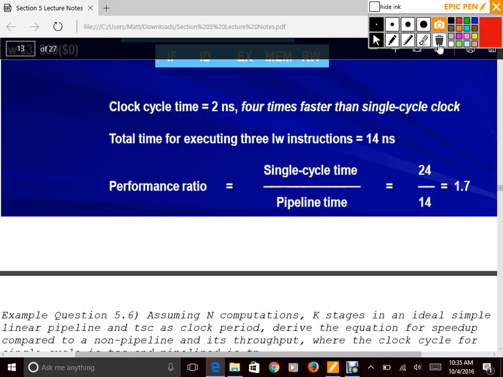So the way it works is, let's say I have 4 instructions. I have 1, 2, 3, 4. First instruction, and each cycle is going to take t sub p, right? So I got fetch, decode, execute, memory, and write back. Ideal pipeline, right? This is ideal. We don't have any hazards or anything. Fetch, decode, execute, memory, write back. Fetch, decode, execute, memory, write back. Fetch, decode, execute, memory, write back. Right? So, how many cycles